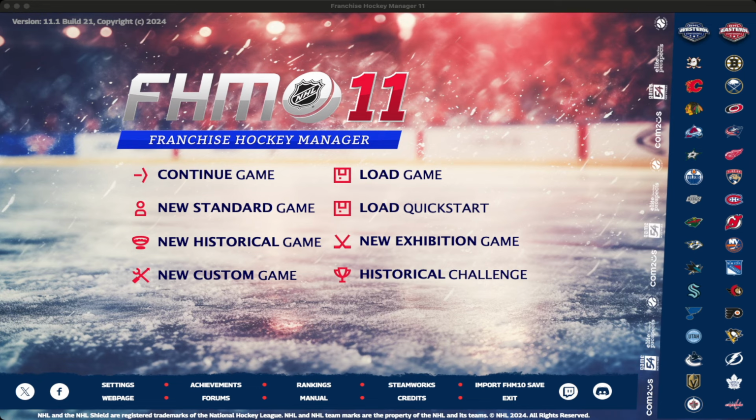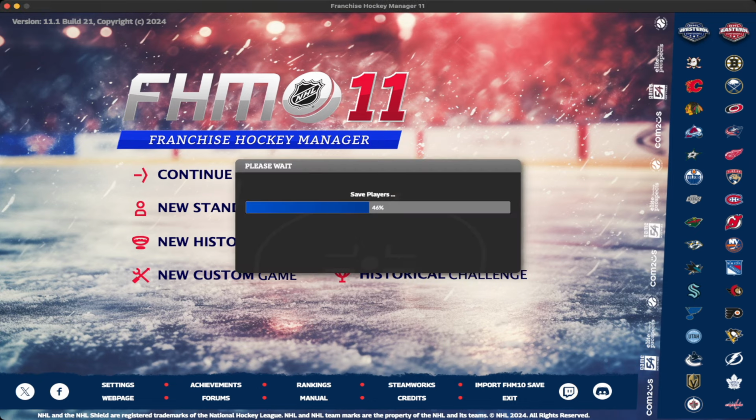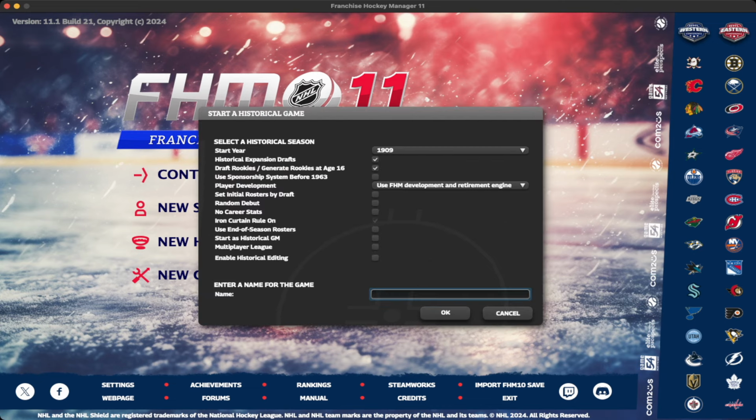What's new is there's new international play added to custom games. You got some minor leagues that have been added to historical mode, things of that nature. So let's take a look at some of those screens before we load up a previous off-season run-through of a save that I have, to go through some of the screens. But there are a lot more features about what you can do for